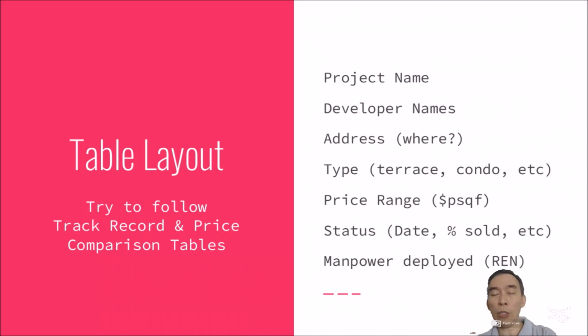Of course, this is imaginary, and also the percentage sold by you. How much have you achieved within that period of time? A lot of time when we do track record, we always forget about this status. So always we do just project name, developer, and even types also we just simplify, and then the price range. And a lot of times we did not put down the status of what date to which date, and also